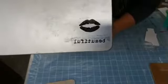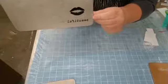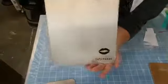So there you go. Beautiful. See, you can see it. But when you're looking at it like that, so maybe I can tell people to only look at it a certain way. So anyway, that was kind of my quick